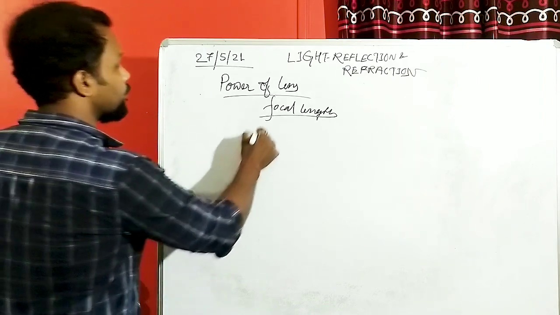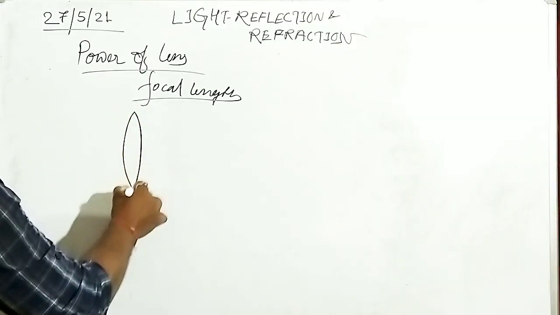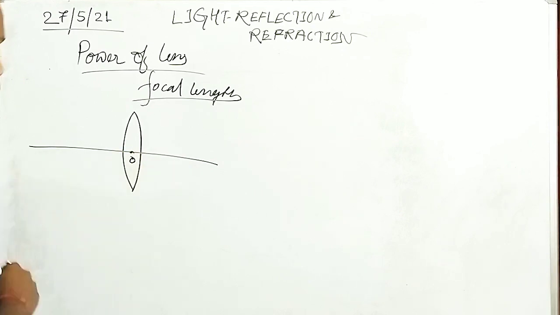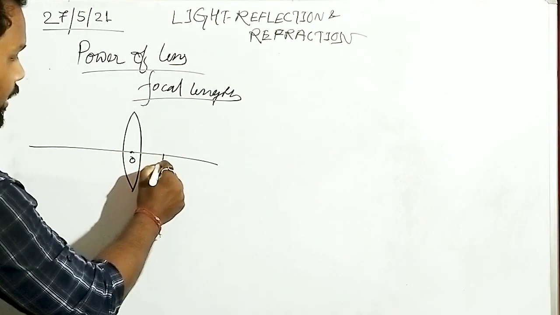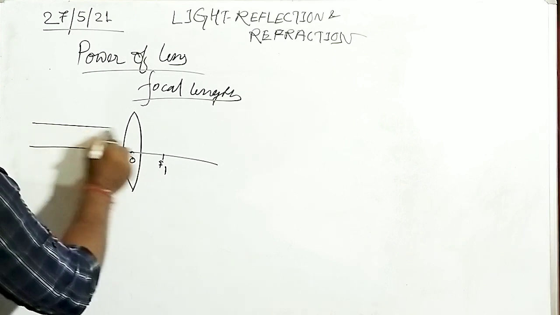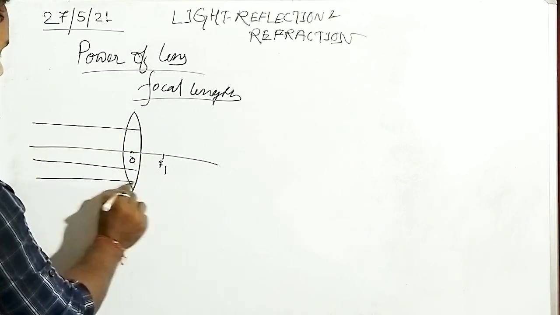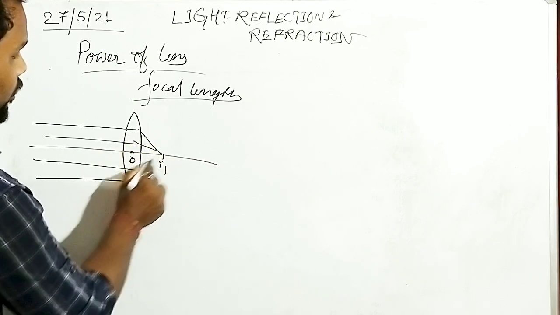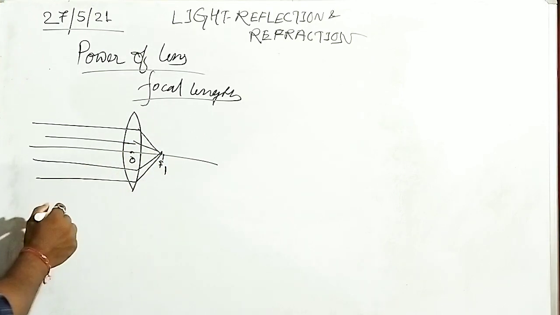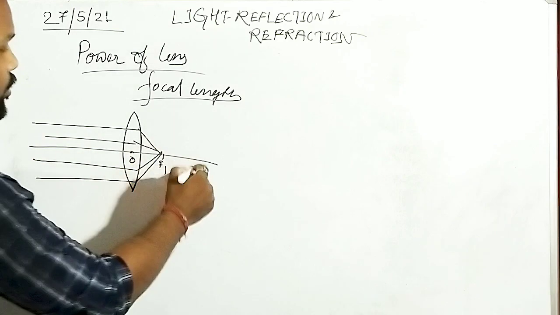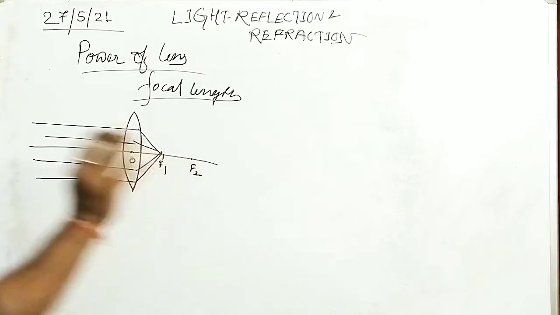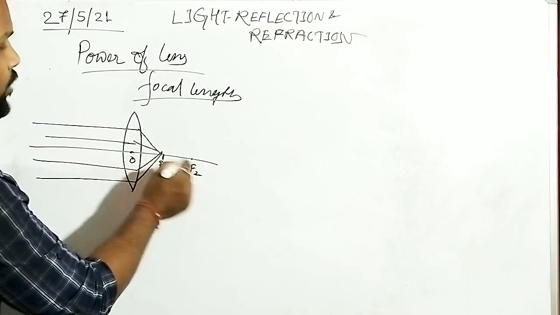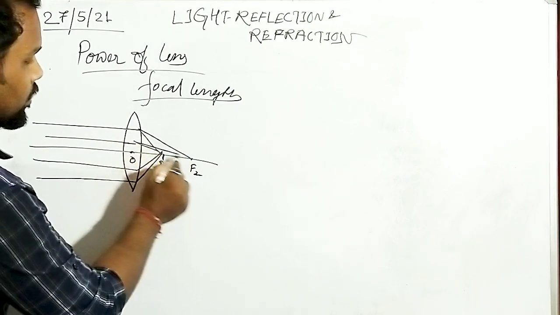If I consider a convex lens, if I draw the optical axis, sorry, principal axis like that, and this is the optical center, if I consider the focal length here, lots of rays are coming like that. So they have to get converged with a higher amount of angle, right? For similar rays, if I consider the focal length here, I'm just considering it in a single figure, just try to understand. First I am considering the focal length here, then I am considering the focal length here. Just observe.